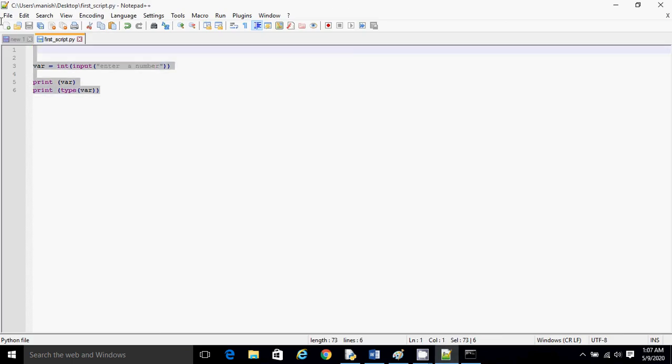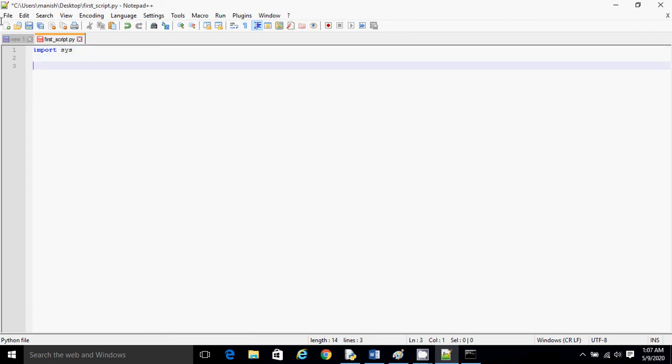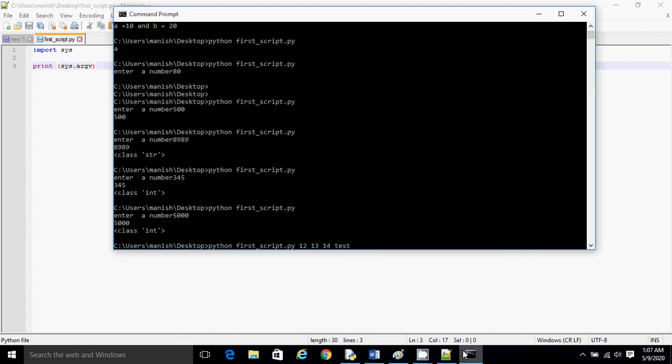So what you can do, there is a module called sys. The sys module has a lot of methods that help us perform all system related tasks. So one of them is argv, that is sys.argv. So let's see. Import sys, and then I will print sys.argv. All our command line input will get stored here as a list. So let's see how it is getting stored, and we'll give this input and press enter.